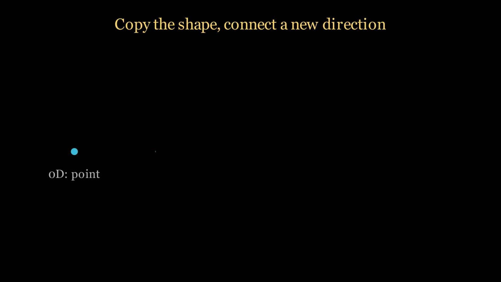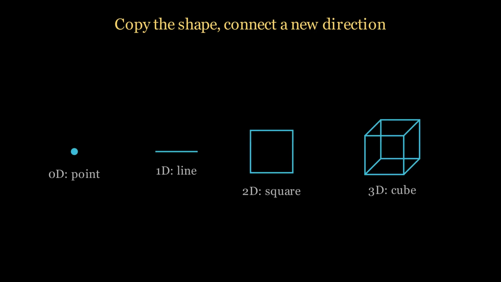To understand it, we climb a ladder 1 dimension at a time using a single repeating trick. Start with a point, 0 dimensions. Now drag that point in a new direction and connect the start to the end. You get a line, 1 dimension, 2 corners. Take that line, drag it sideways into a second direction, connect the corners, and you get a square, 2 dimensions,